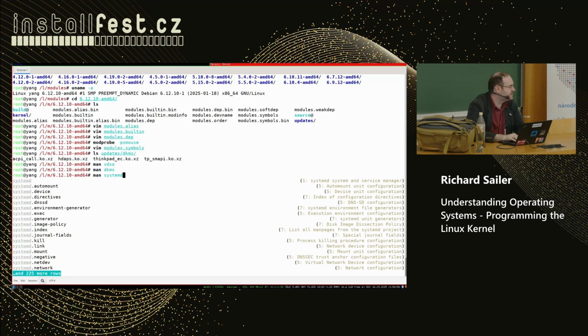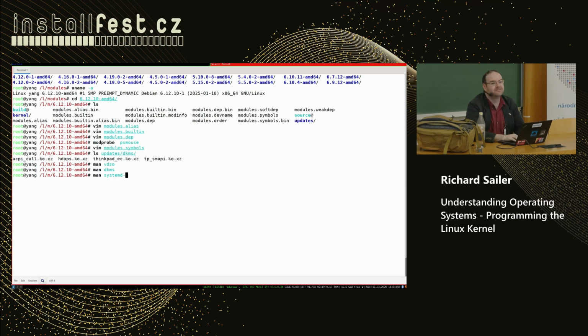It was systemd, and then how did it continue? systemd-modules-load, with dashes. I think that does a lot less. That only takes care of loading some modules.